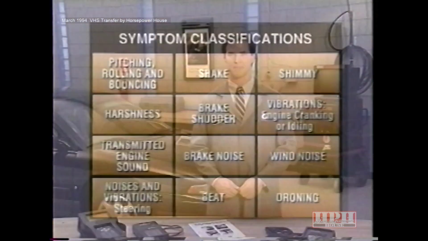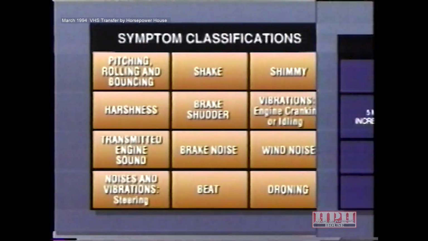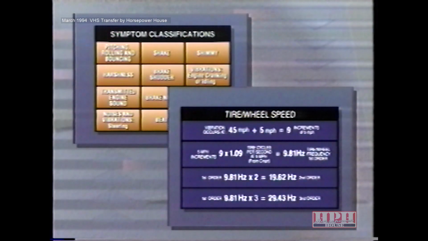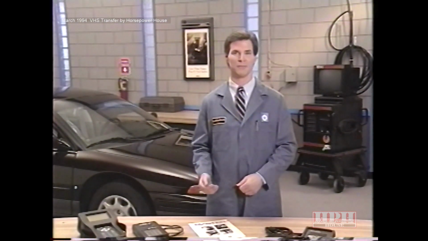We have just covered the two most practical ways of isolating noise, vibration, and harshness problems: by classifying the problem symptom, then checking the most probable causes, and by matching the problem frequency to a component frequency. Once the trouble has been isolated, the last two steps, repairing the trouble and verifying proper operation, are fairly straightforward. Before we demonstrate all 6 steps in our sample problem, let's make sure we understand how to calculate component frequency with this review question.